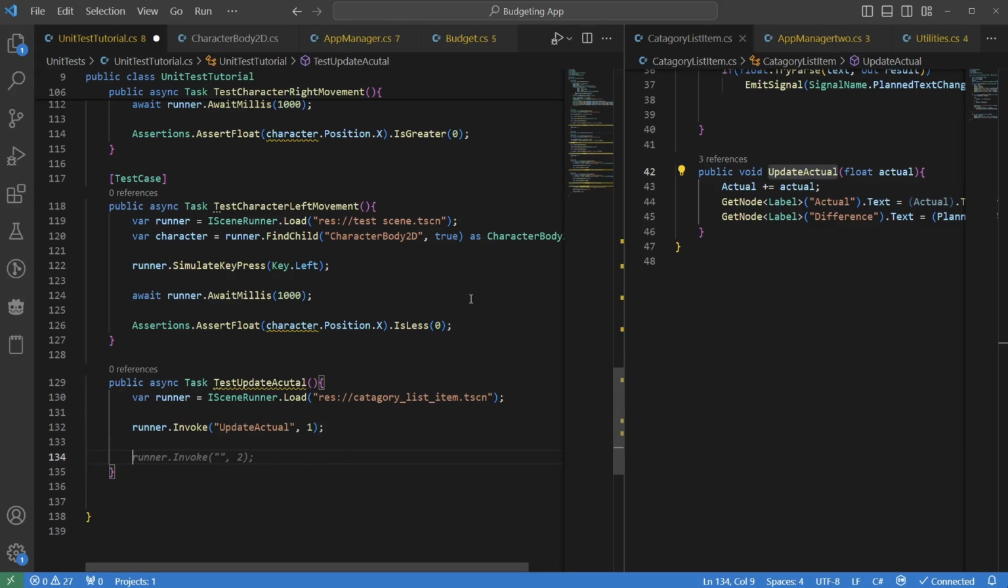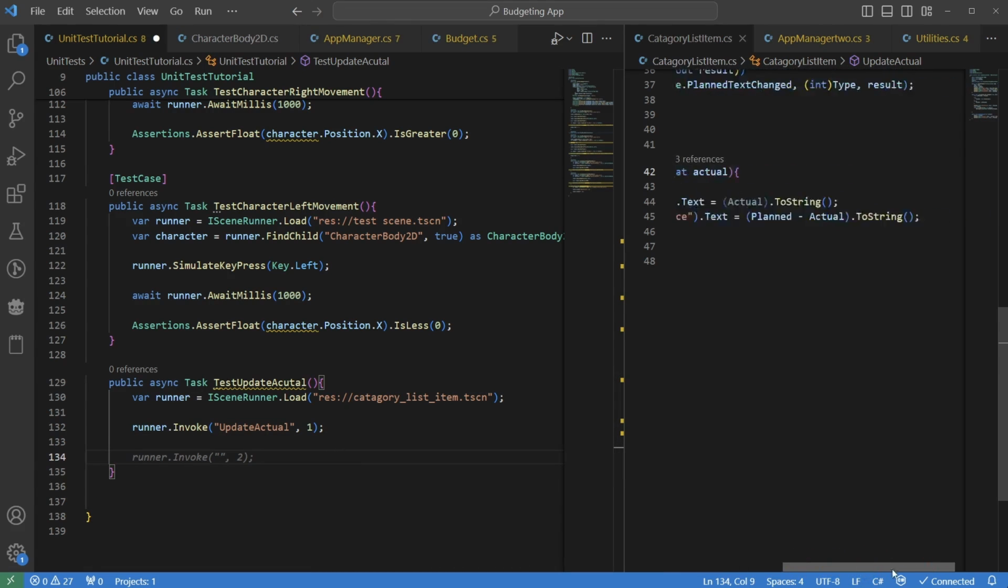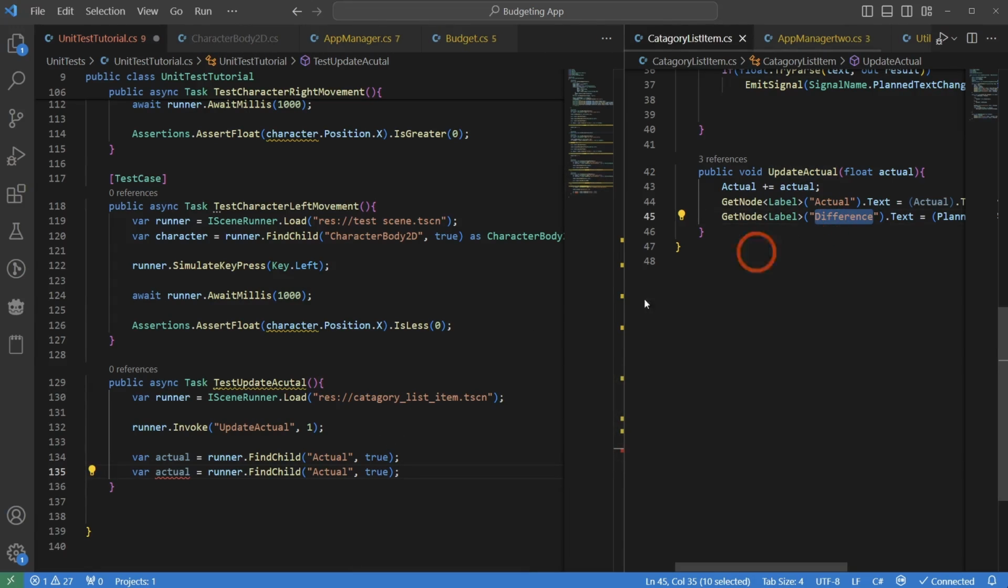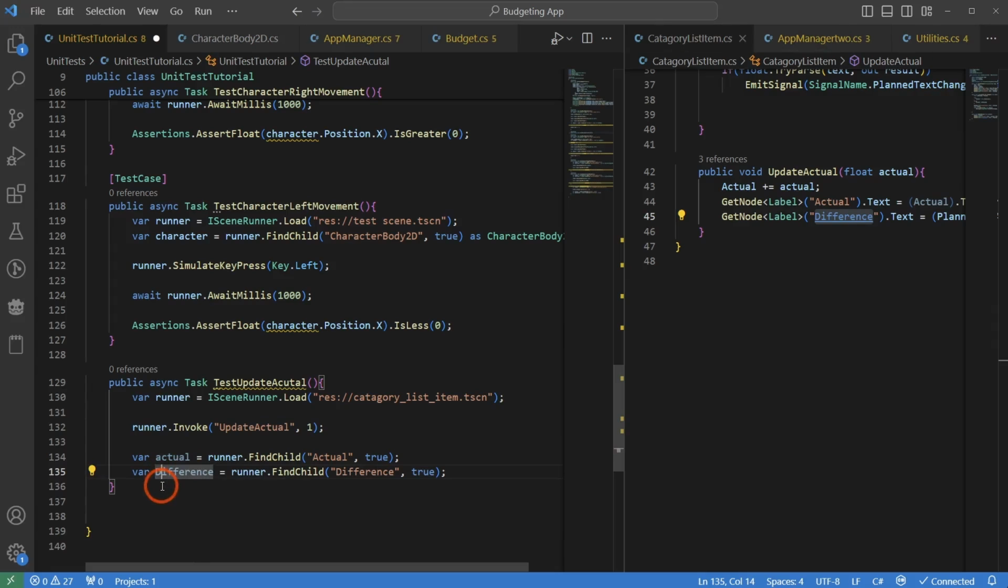And then since this has a label actual and it sets the text, you can see right here, to string, and it's actually doing the actual and difference. Let's go ahead and get those values. So var actual is equal to runner find child, actual and true. And then do the same thing, but for difference. So we'll just grab this difference, lowercase d, and then we can come in and assert that those are correct,